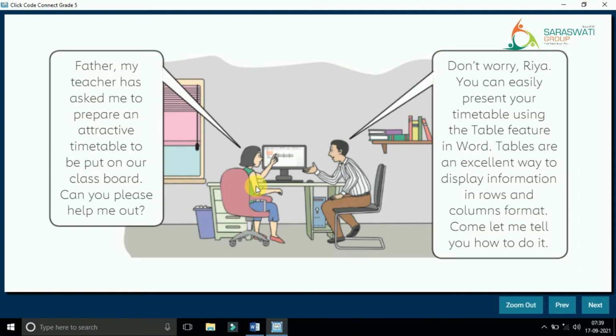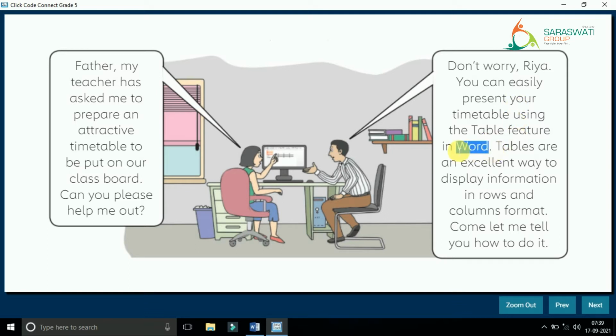The way we have pasted, same way, right? So she is asking her father if he could help her. See, what is the reply from her father? "Don't worry, Riya. You can easily present your timetable using the table feature in Word." Right?